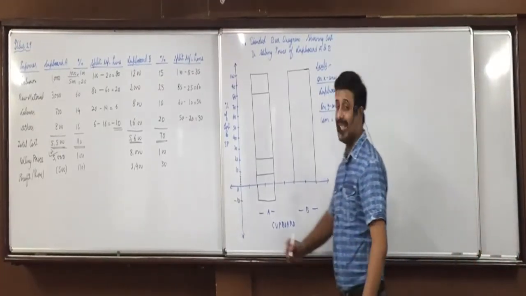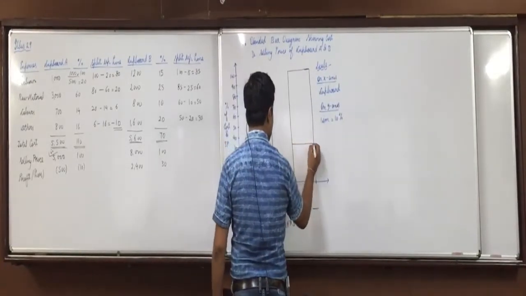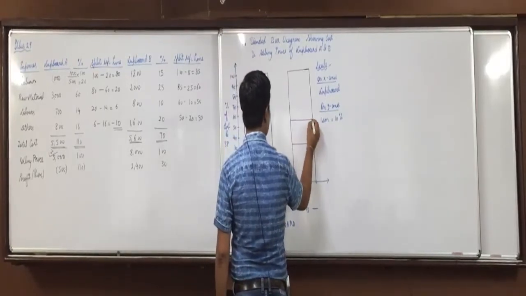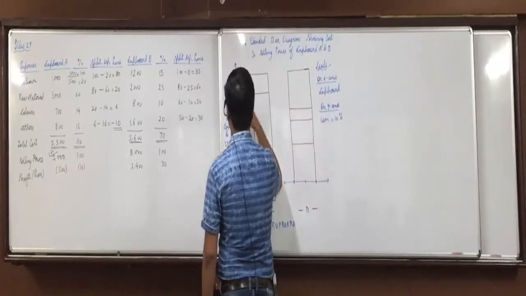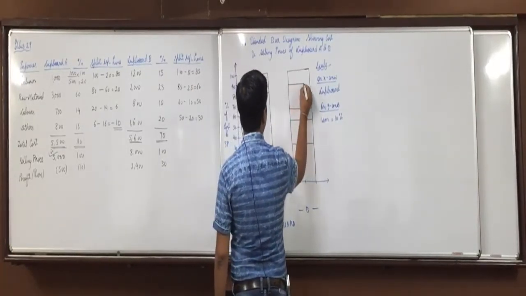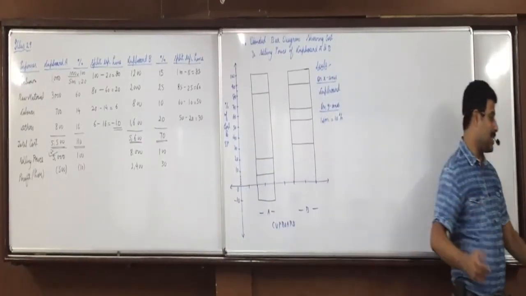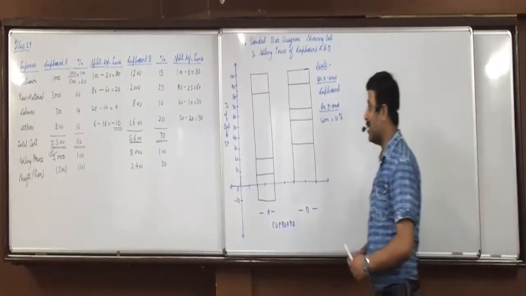Now see here, first is 30. So at 30, we'll do the marking. Then directly 50, you'll do the marking. Then directly 60, you'll do the marking. And then 85 means between 80 and 90. Is everyone clear with it? And then as we did yesterday, you do the shadings same in both the bars and represent that.